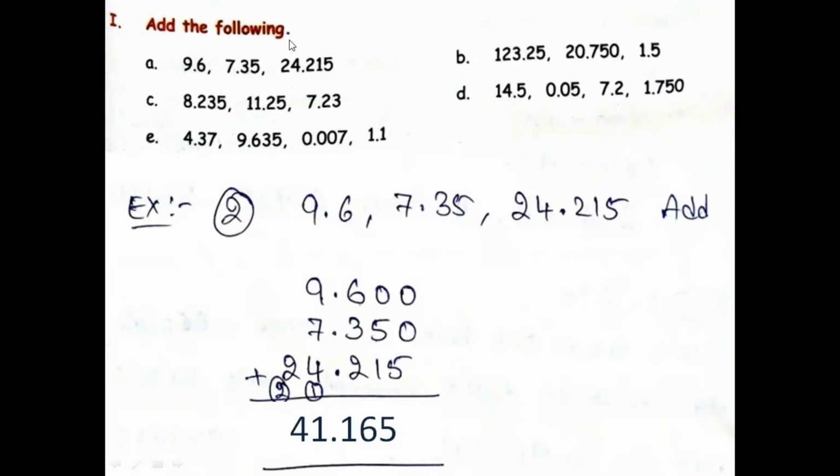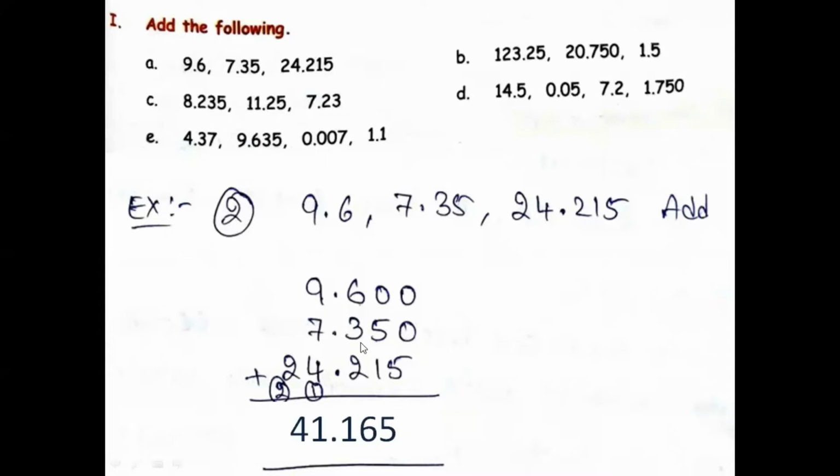Add the following. For example, 9.6, 7.35, 24.215. In these, first change into like decimals, then add. 9.600, 7.350, add one 0, 24.215. 0 plus 0 plus 5, 5. 5 plus 1, 6. 6